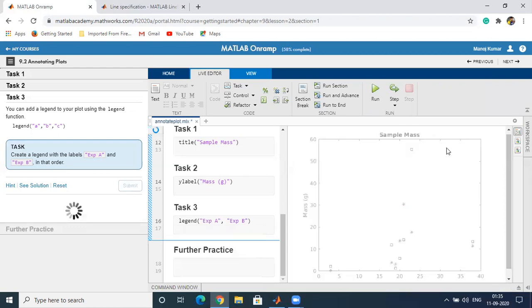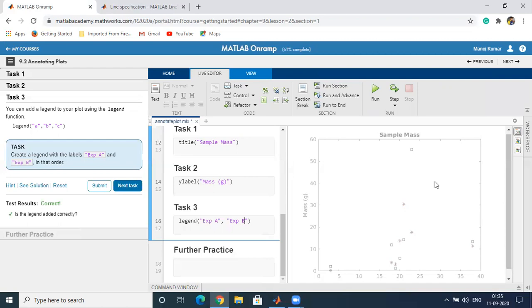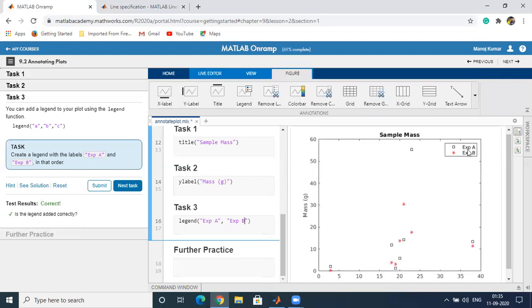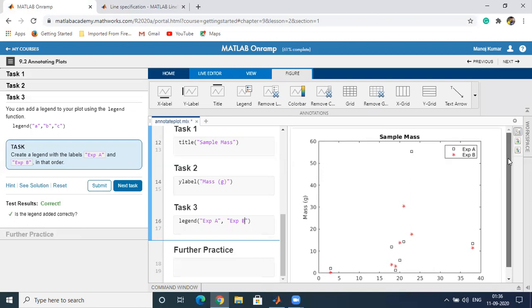Now you can see in the figure the 2 legends have been added. You can see EXPA is for the square, and EXPB is for the star. Whether you plot the star first or the square first, the legend will appear in the order of plotting.